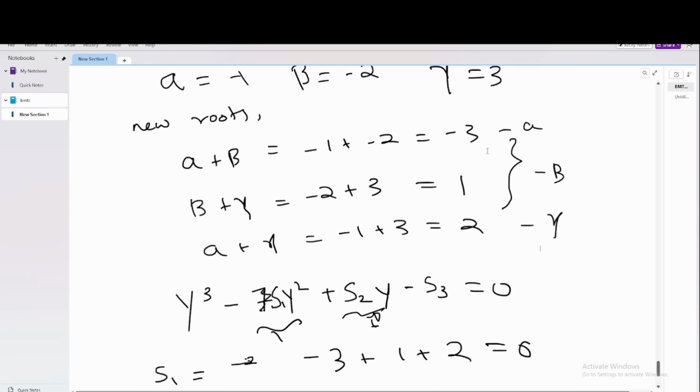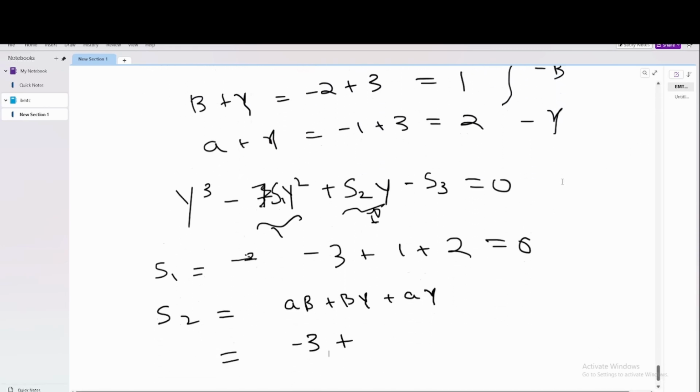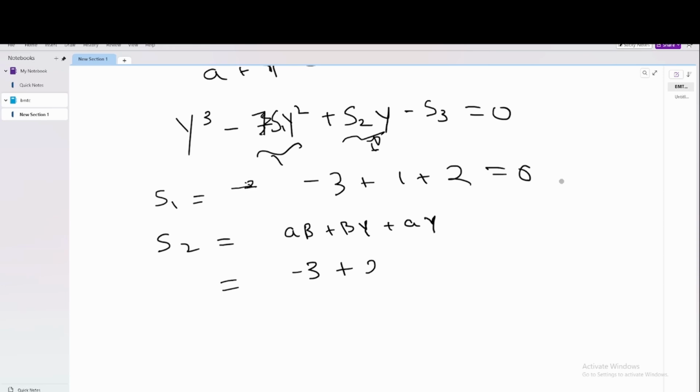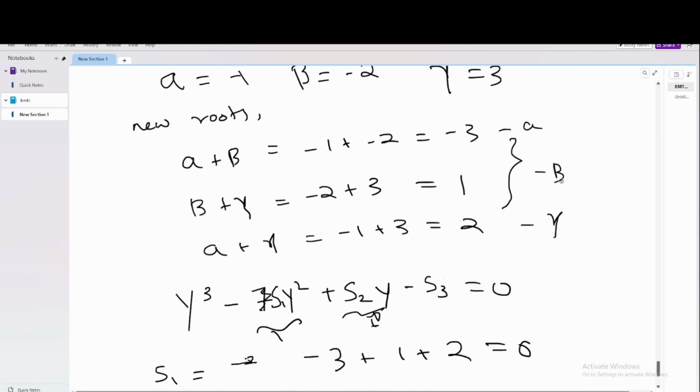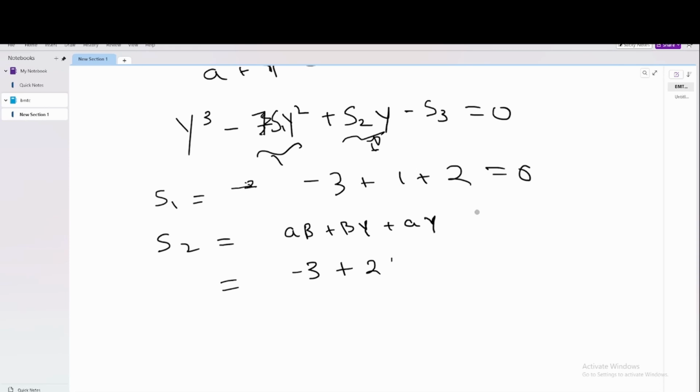Alpha into beta is minus 3, plus beta gamma is 2, plus alpha gamma is minus 6, which is equal to minus 7. So the second term will be S2 is minus 7, S3 is